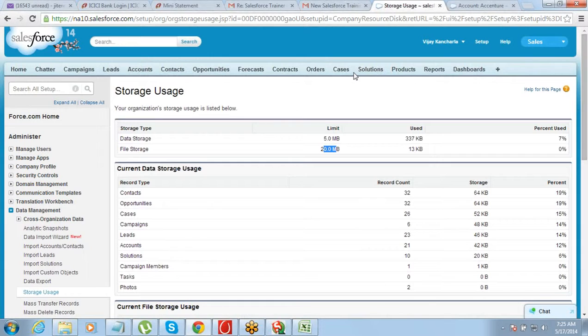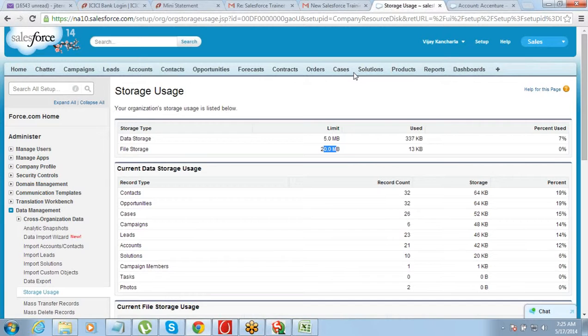So now the point is, why would someone go and buy a paid edition when the developer edition is available for free? The companies or people can start using the developer edition for their business, right? If you are getting it for free and they're not charging anything on this, then start storing your company's data on this itself, right?